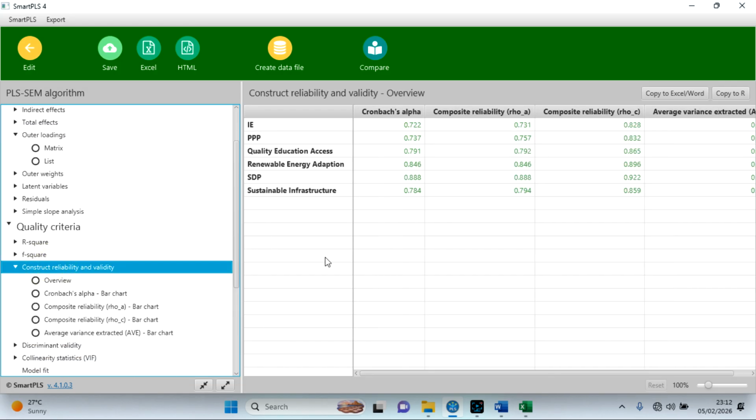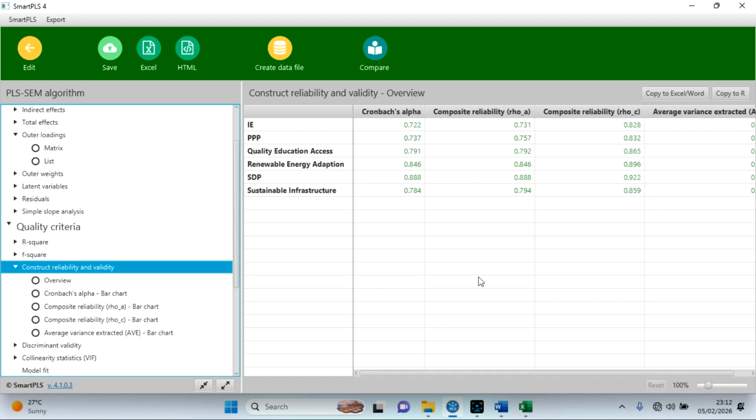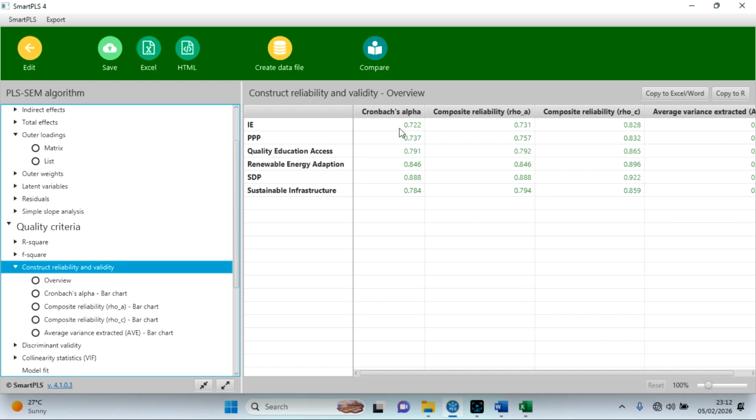Now press this construct reliability and validity. Here you can see there are no issues of construct reliability and validity, which means that there is no problem in keeping all the outer loadings, because the Cronbach's alpha value and composite reliability value are greater than 0.7 and lower than 0.95. This is the recommended value by Hair et al. So if the values are greater than 0.7 and lower than 0.95, then obviously we are going to keep these